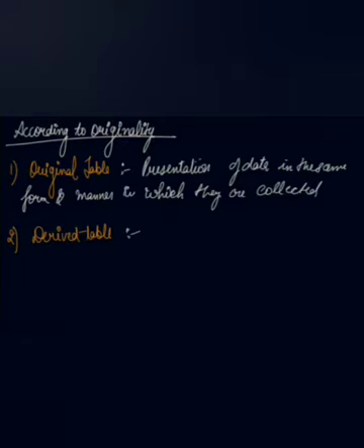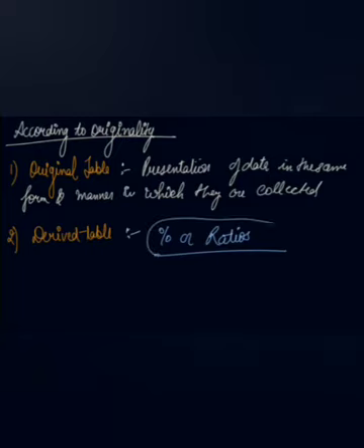And if I talk about the derived table, a derived table is that in which the data are not presented in the form or manner in which they are collected. Instead, you use the percentages or ratios in the table and compare the data. So that data you've collected, you have used some mathematical methods on it and you have calculated the percentages or ratios. So you have made the table of the percentages and ratios. In that way you have derived the data from the actual data you have collected. In that way your table is a derived table.